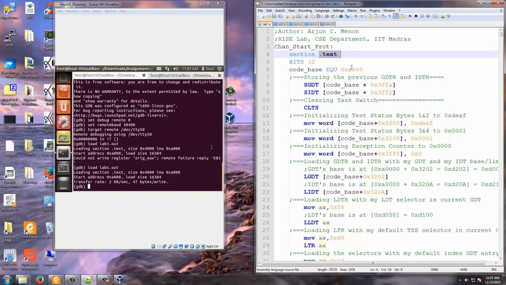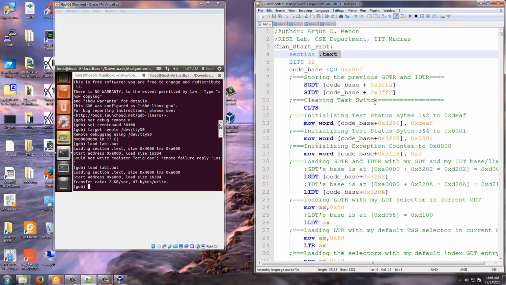Now what are we doing here? There is a GDB already running, so that will have its own GDT and IDT. Note that we are currently in privilege level 0. We go and store those values of GDT and IDT in code base plus 3FFA. What is code base? 8000. 8000 plus 3FFA is DFFA.